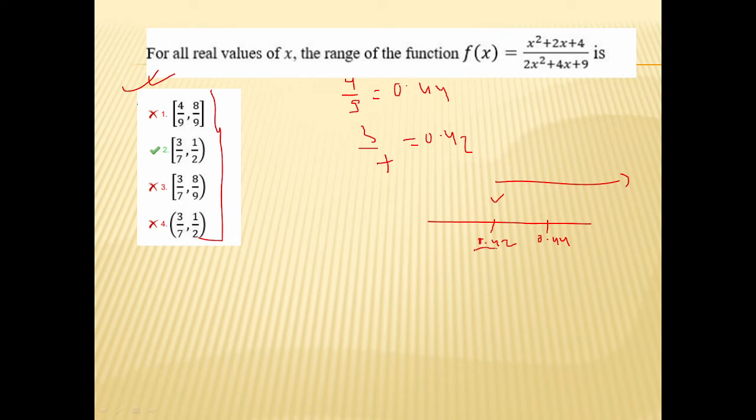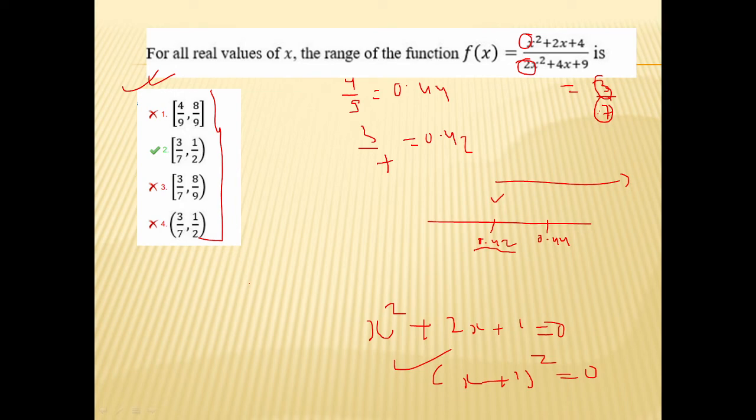So let us check for this. Now equate the equation to the value 3 by 7. Now do it manually from here. 7x square and 3 into 6x square. So x square plus 7 into 14 and 3 into 4 is 12, 2x, 7 into 4 is 28, 9 into 3 is 27. So you can easily figure out that this is x plus 1 whole square. So this is real, so this range of values of x is possible. So this option is gone, and this option is also gone because 3 by 7 satisfies and this does not have 3 by 7 in it.